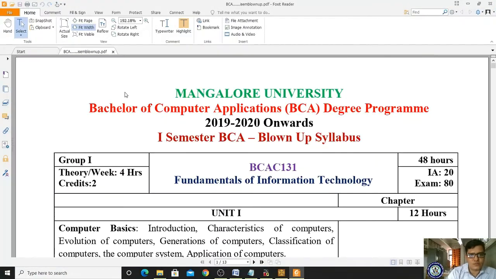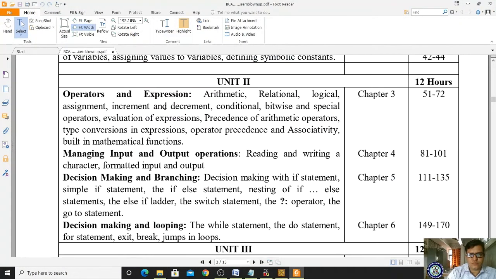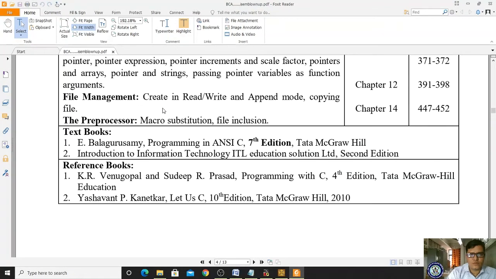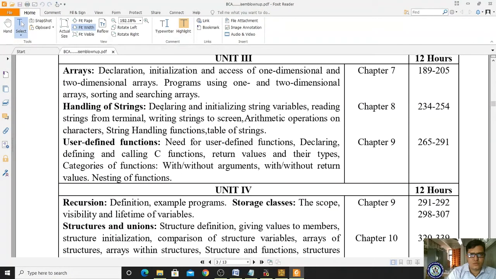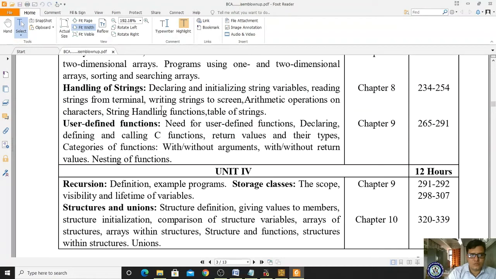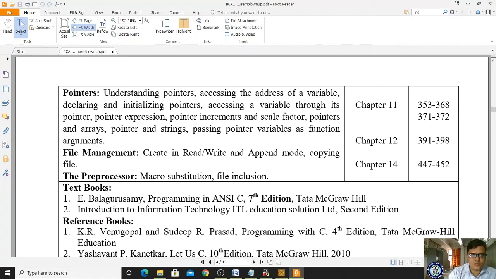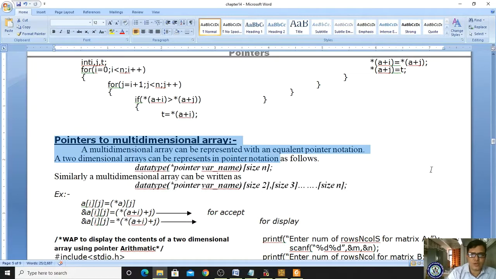Recursion, structures and unions, pointers, accessing variable through its pointers, pointer expressions, increment and scale factors, pointers and arrays, pointers and strings, passing pointer variable as function. Yes, there is no concept of dynamic memory allocation. We will go for pointers to multidimensional array.